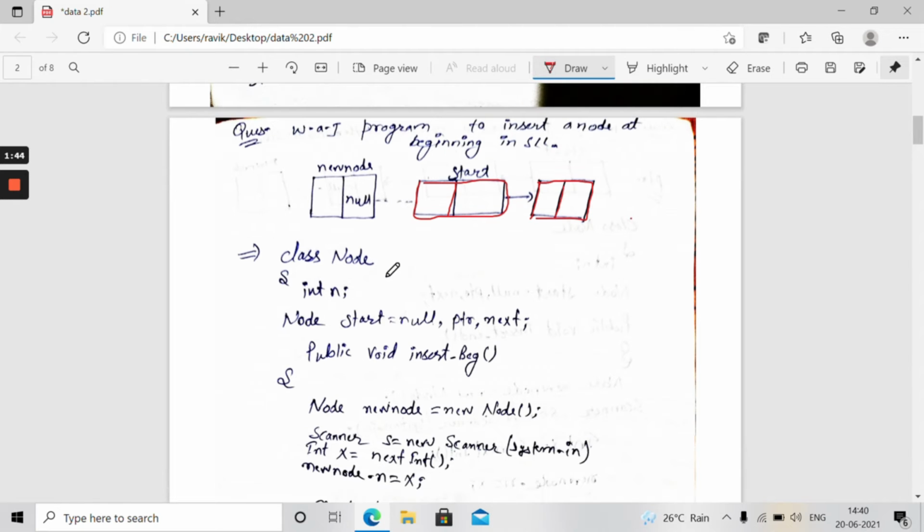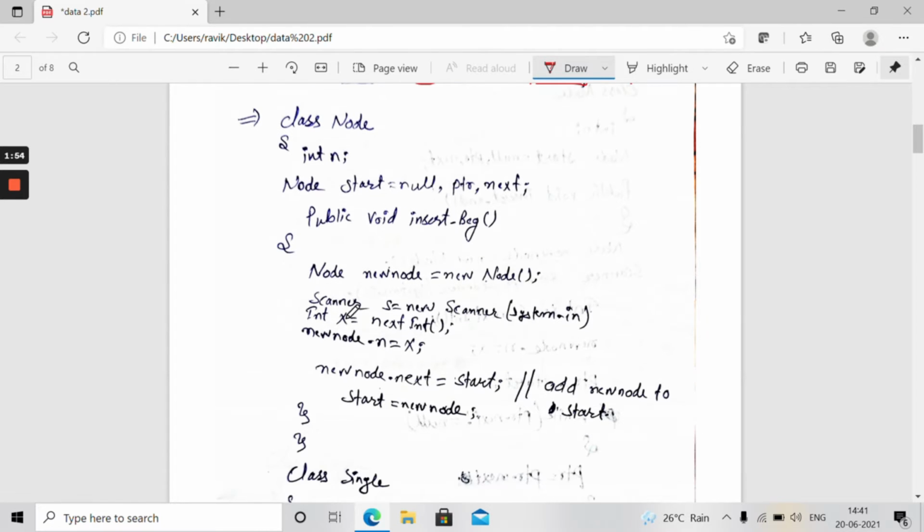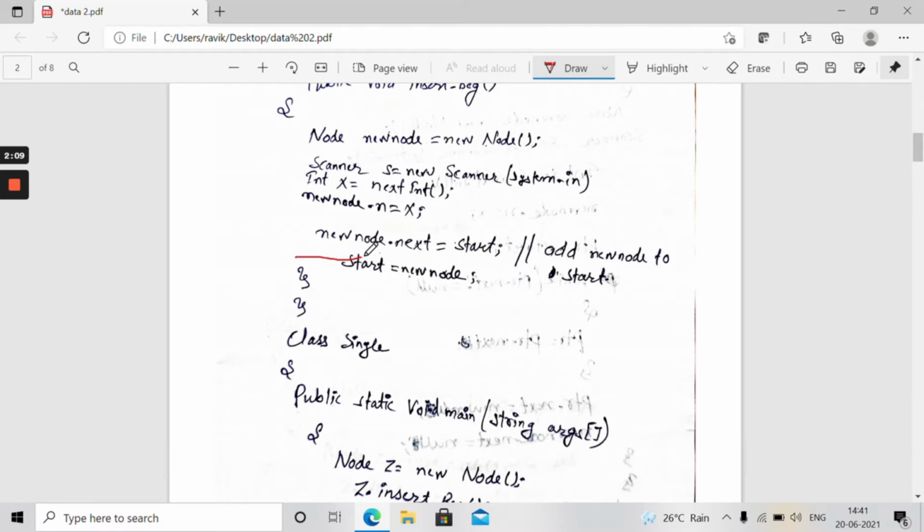So guys, see, firstly we declare a class Node, after that int n, then we create a method. From these methods we are going to take input from the user. Then the main method is starting, the main code is starting from that line. You can see these are only formalities.